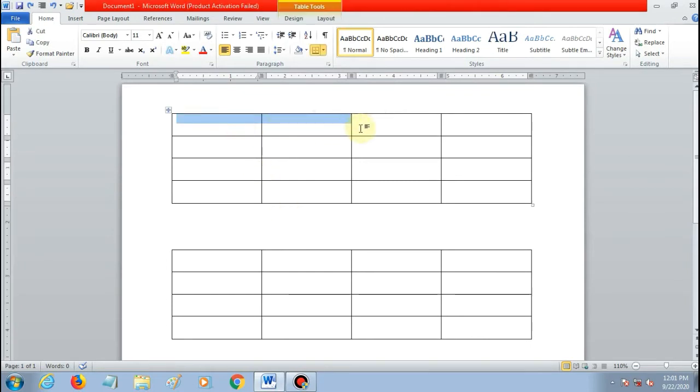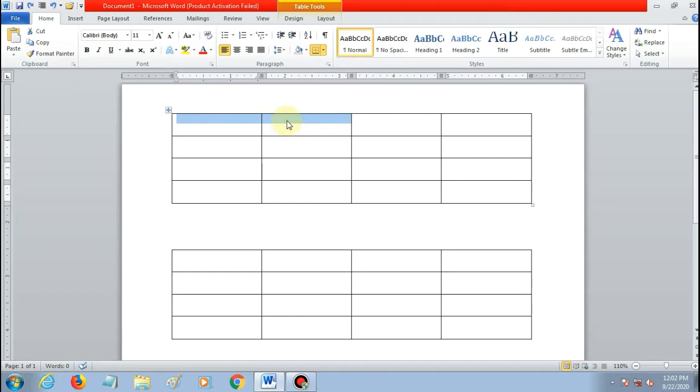In this table, I will explain how you can merge cells. To merge cells, you have to select two or more cells which you want to merge. Here I am selecting these two cells. Then after selecting, you have two different methods to merge cells.